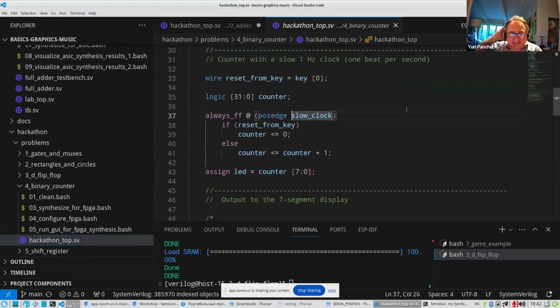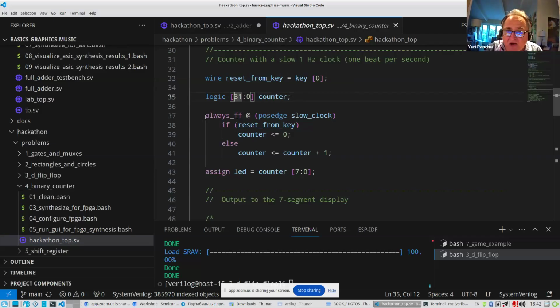As we said, there is a slow clock of 1 Hertz. What this code does is that we use a special signal called reset just to set the counter to 0. And we have a 32-bit counter, so from bit 31, 30, 29, 28, and so on, all the way to 0.